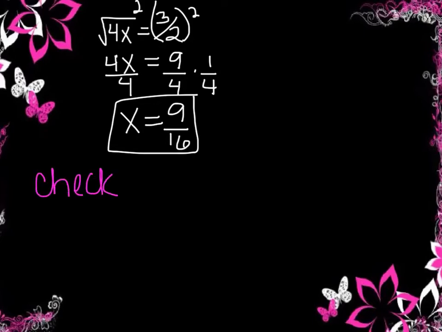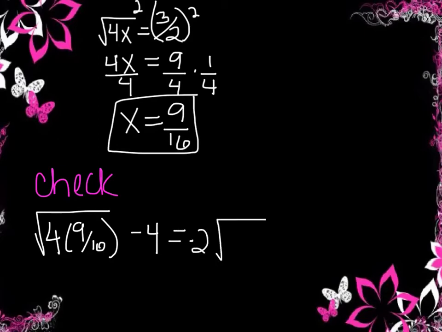And we're going to plug into the original the square root of 4x, so the square root of 4 times 9/16 minus 4 equals -2 square root of x plus 1, so 9/16 plus 1. All right, if I take 4 and I multiply it by 9/16, I get 9/4. So the square root of 9/4 minus 4 equals -2, and 9/16 plus 1 is 9/16 plus 16/16, or you can just put it in your calculator, you get